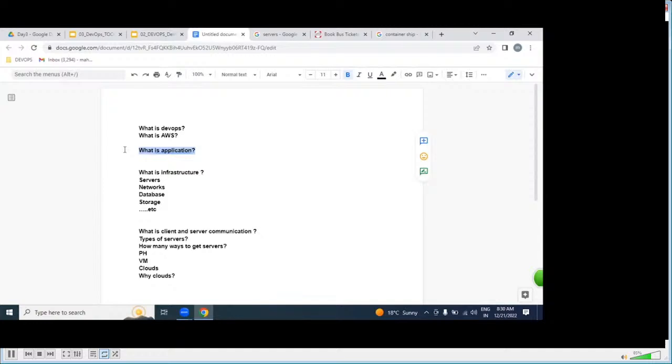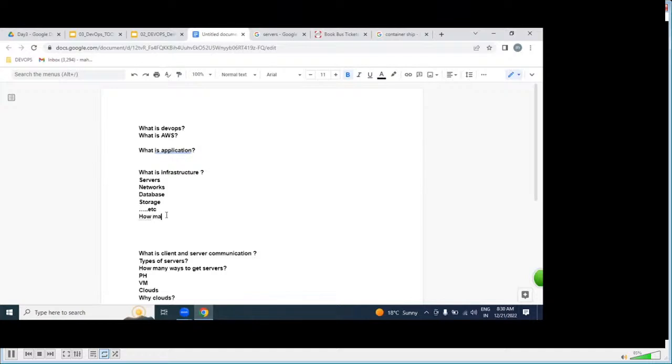Very clear, all of you. But how many ways can we get this infrastructure? How many ways to get infra? Please tell me.